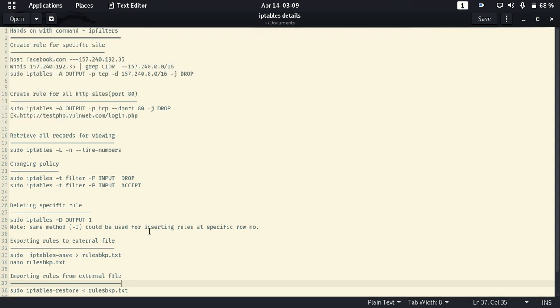So in this way we have understood how to use iptables for different actions, such as making an entry, making a policy change, or deleting a specific rule based on the actual rule criteria or based on the row number, or exporting the rules to files. And we have seen how to block based on the port number, or how to block a specific site, but directly, rather than mentioning the site name, we used CIDR notation in our example. So these are some hands-on exercises you can do with iptables. It will be very useful for making firewall rules handy.